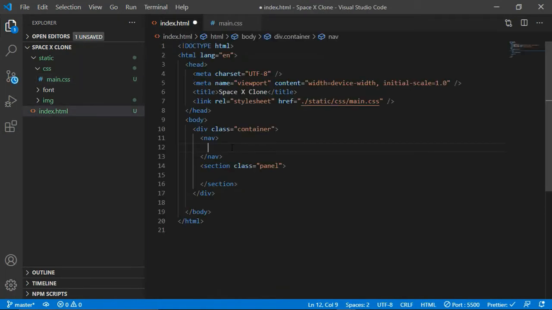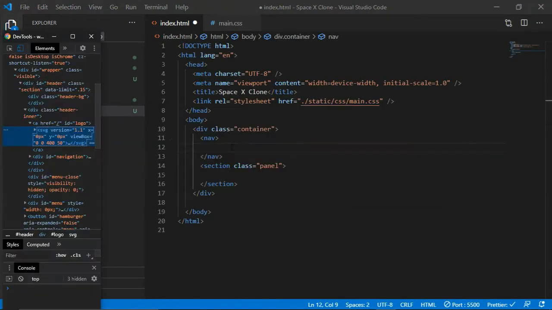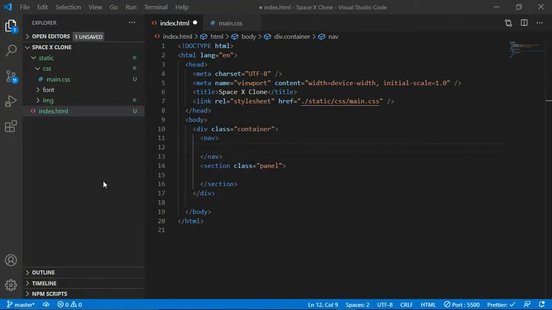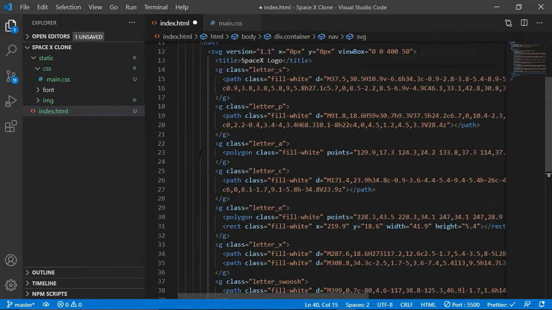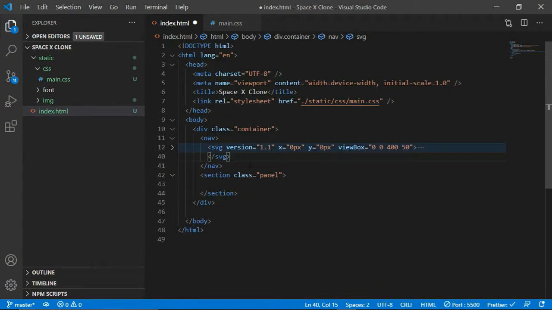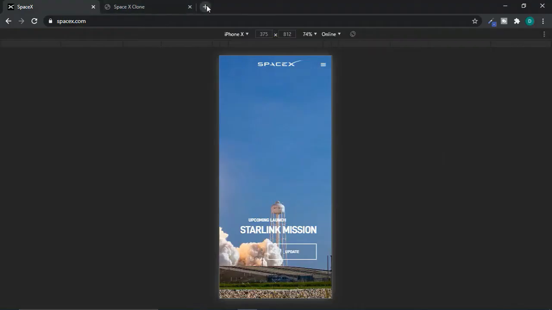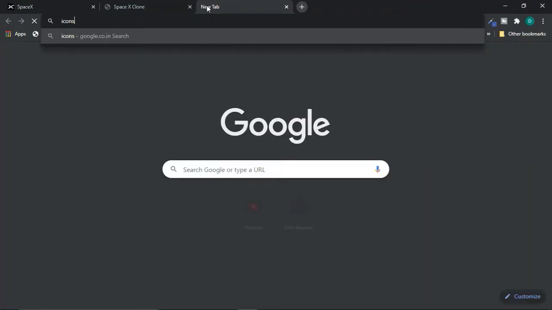So in our nav, I'm going to paste our logo, copy the element, go over here, paste it. Now I'm pasting it directly in our HTML because I want to alter it with our CSS. And if you keep it in a separate SVG file, it will be good for organization, but you cannot edit it with your CSS. Okay, so paste it right in, and then I'm gonna go to iconseed.com